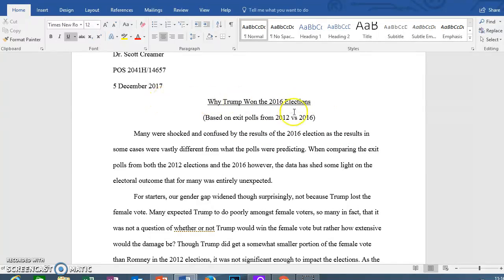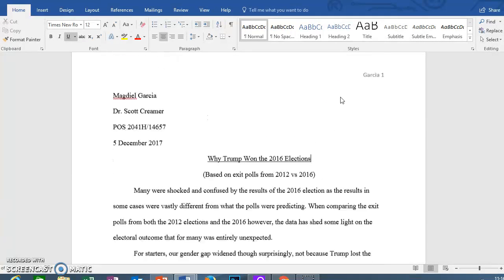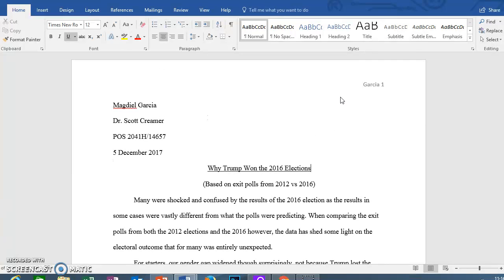Now something I did, which you probably should not do because it's not part of basic MLA formatting, is I underlined the title of the paper. However, I like to draw attention to the title for some reason, and yes, it's cost me some points, but I'm a rebel without a cause when it comes to MLA format. In any event, now that we have everything perfectly double spaced,